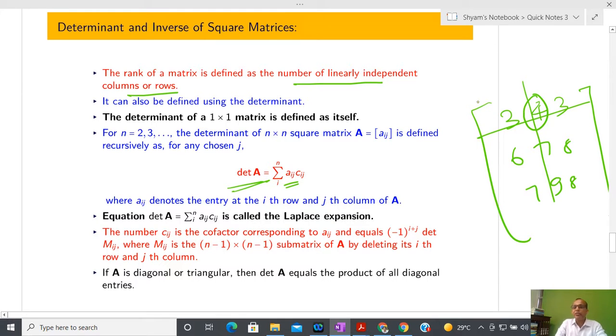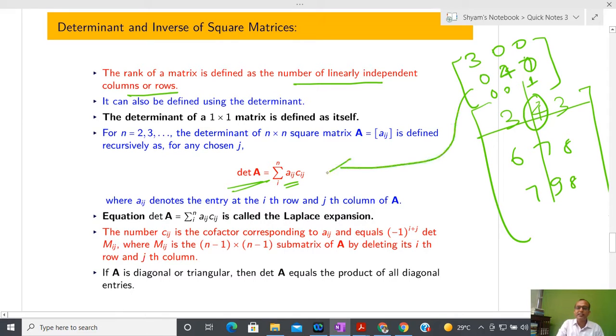Suppose I have a matrix like this, 4, 7, 0, 0, 1. Could you please tell me what the determinant of this matrix is? Here 0. Anyone? The product of all. Why? Due to this relation. Because if you select this, you can see that everything is 0. If you select this, then 0 multiplied by, and due to that reason, 3 multiplied by 4 multiplied by 1.